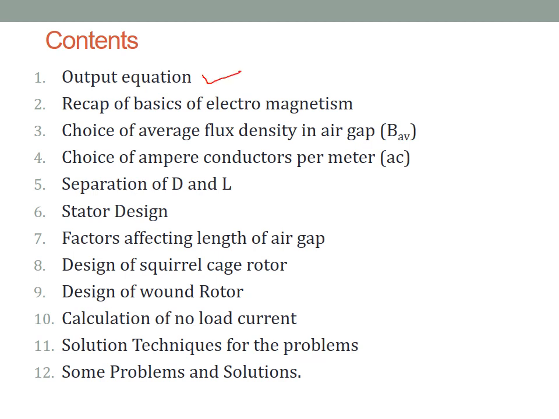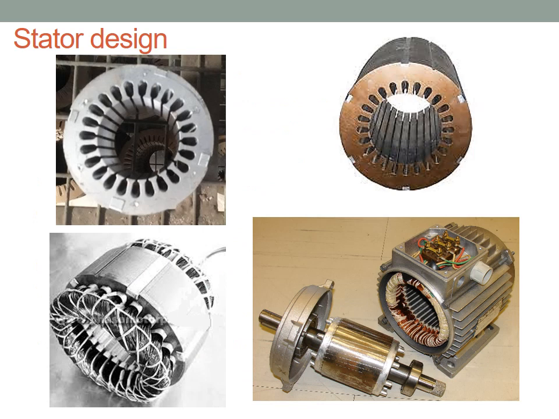So, my dear students, in the previous class, we discussed the output equation and some basics of electromagnetism, and also the factors affecting average flux density and ampere conductor per meter. With that, how to separate D and L was also discussed. Today, I am going to